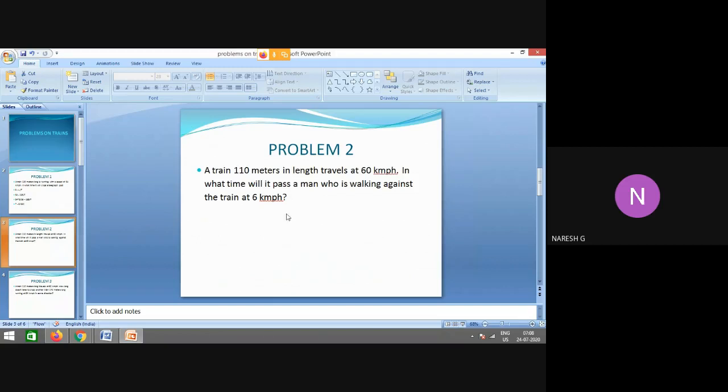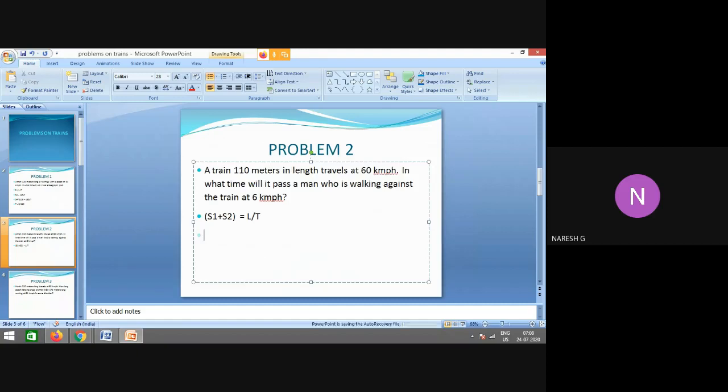So it means that train and man both are moving in opposite direction. So if two objects are moving in opposite direction, relative speed is s1 plus s2 equal to, so here only one train is there, train length divided by time. If two trains are moving in opposite direction, in place of distance we have to write L1 plus L2. We have to add the two trains length. But here train crosses a man. Train and man moving in opposite direction. In place of distance we have to write only train length.